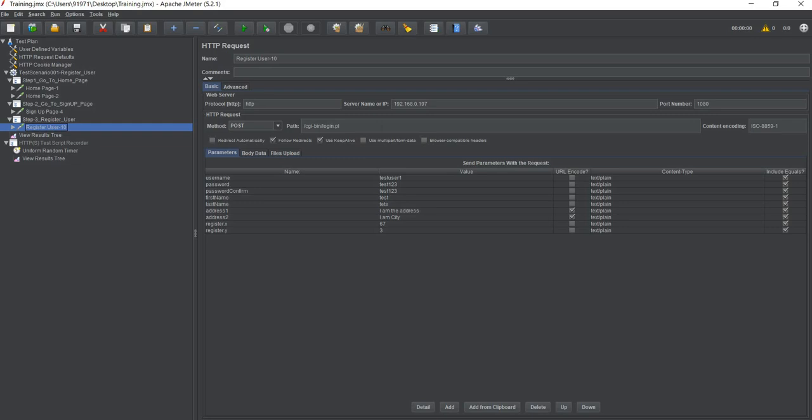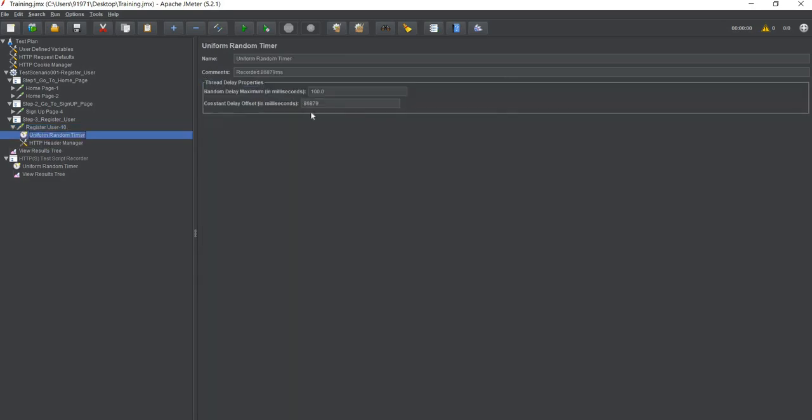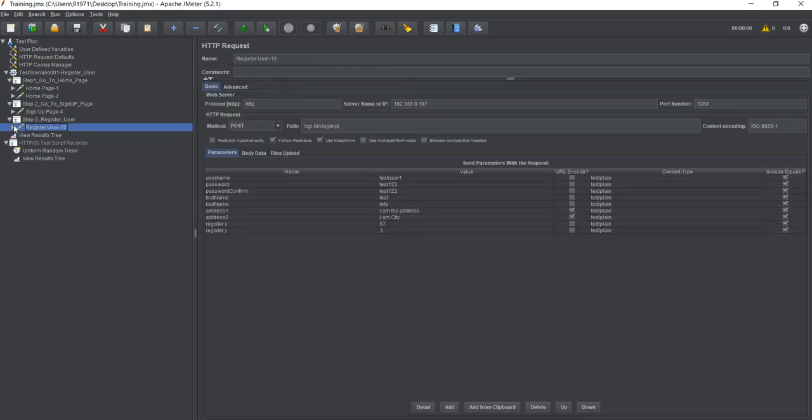Now here you have the feasibility to use the API. It does not mean that you use it directly. You need to make sure that the system is production like. So we will make sure of that and understand the various components such as uniform random timer, etc. later in this course. Today our topic is to understand how we will debug it.